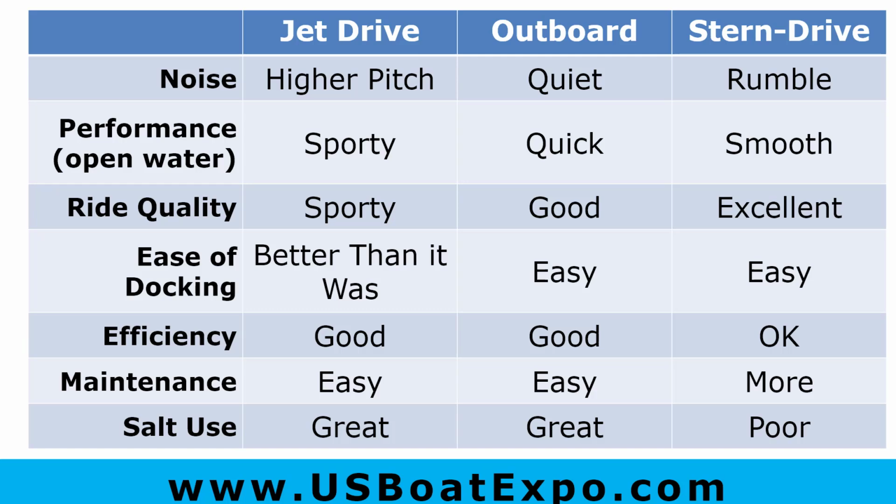So the ease of docking, jet drives, and I used to sell against jet drives back in the 2009 to 2014 era. And hey, they were hard to dock then. They weren't using rudder systems. They didn't have a very good system for slow water maneuvering. But starting in about 2010, 2011, they came up with a docking mode on the Yamahas, which kind of slowed the boat down but gave you directional control. In like 2014, 2015, they started putting rudders on and a keel on the boat,